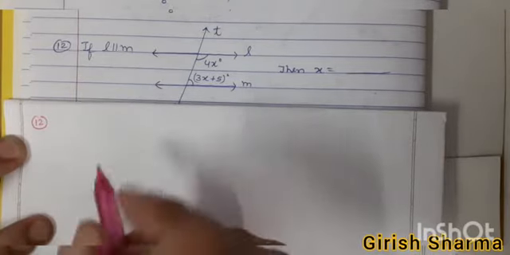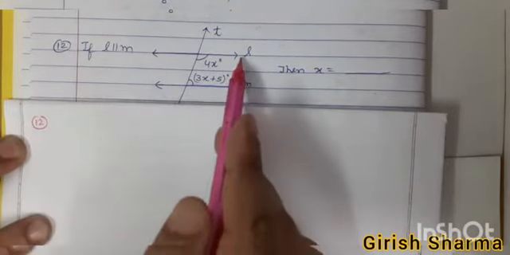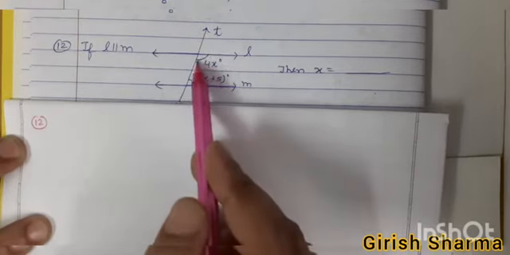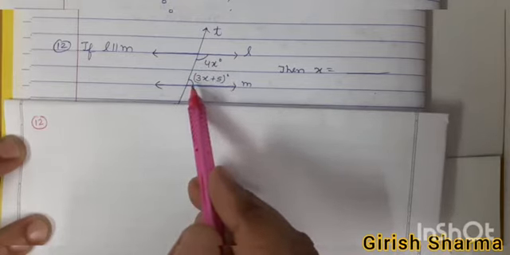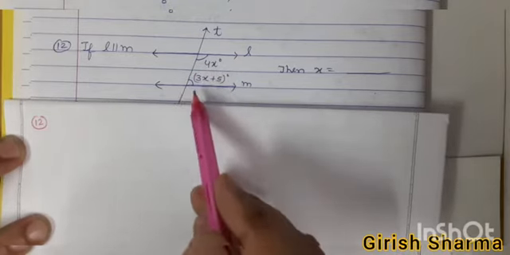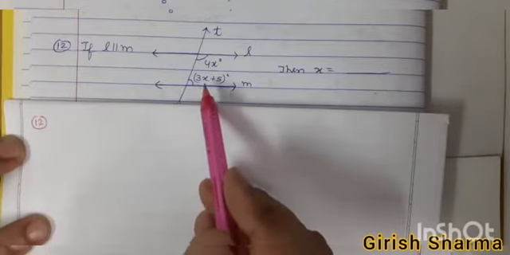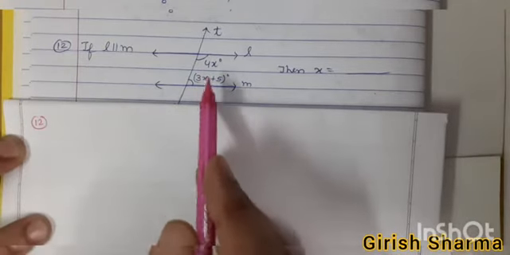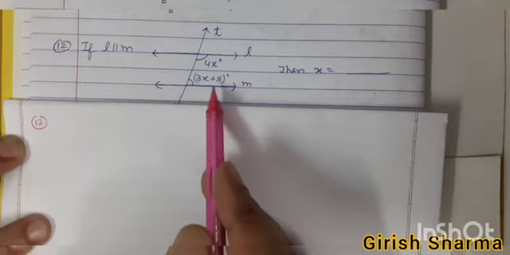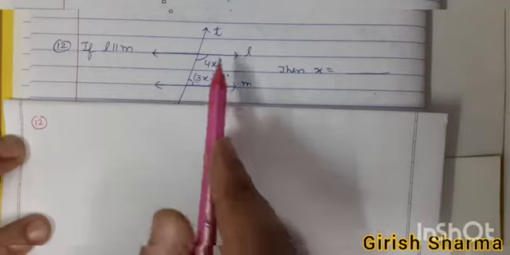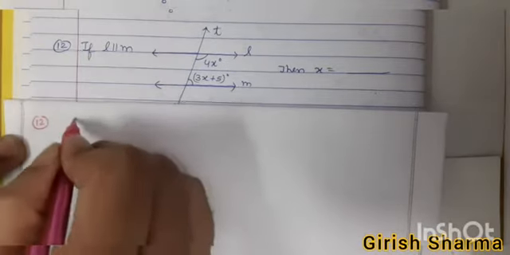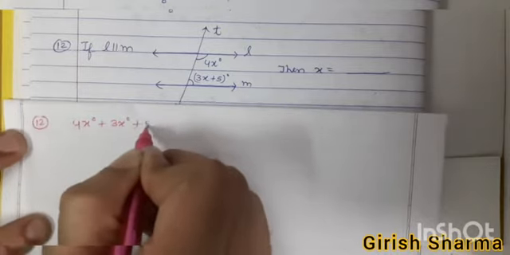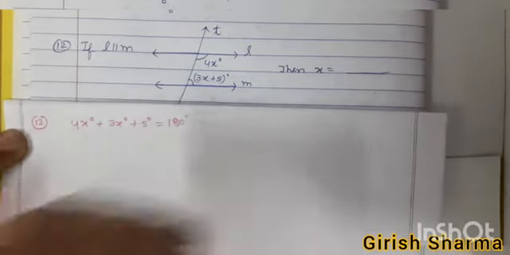Yes, now see, line L is parallel to M, given to you. L and M both are parallel lines. Again you see, this is one transversal line T, and these two are which type of angles? Tell me. These are, yes, co-interior angles. Very good. And what is the property of co-interior angles for parallel lines? The sum of these two angles will be 180 degrees. Come on, 4x degrees plus 3x degrees and 5 degrees is equal to 180 degrees.